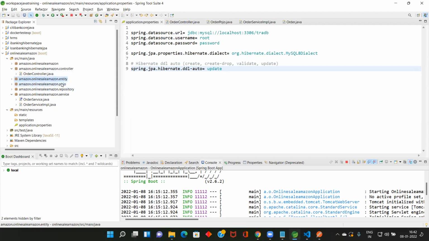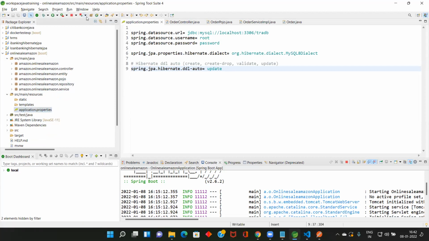And you know what is entity and Pojo, and controller is there. That's it. Nothing other than that. If I minimize all the things, here 1 class, 2 class, 3 class, 4 class, 5 class, 2 interfaces, 1 property file. That's all. Okay, let me restart.